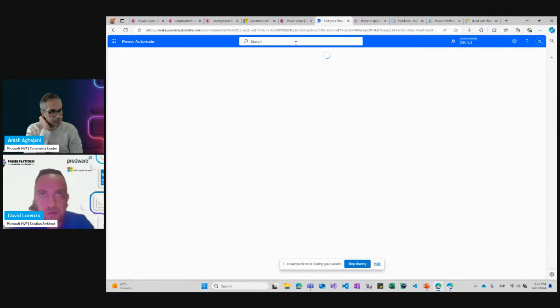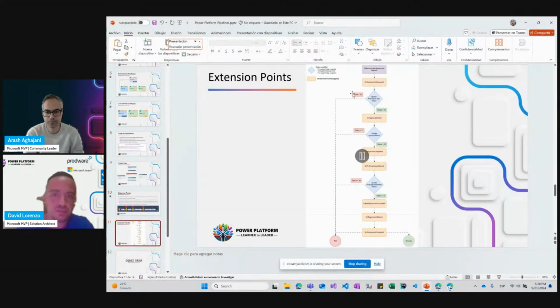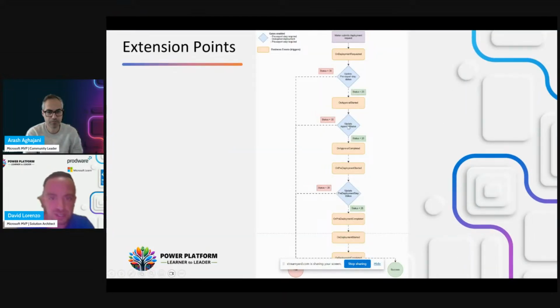In this case, the flow makes the whole process. This is a Power Automate cloud flow, which has a trigger on a Dataverse business event. In this trigger, if we remember the process here, we will intercept this update, the on approval started event, and then we will intercept the update approval status.